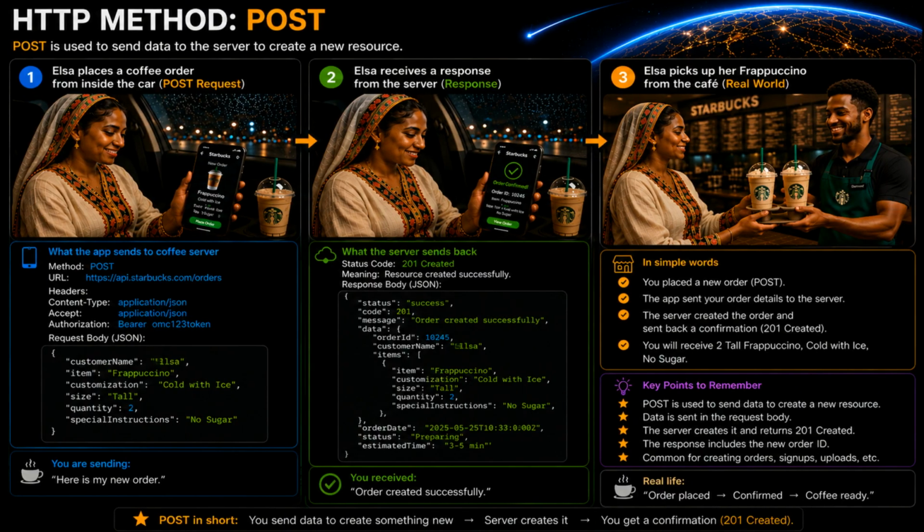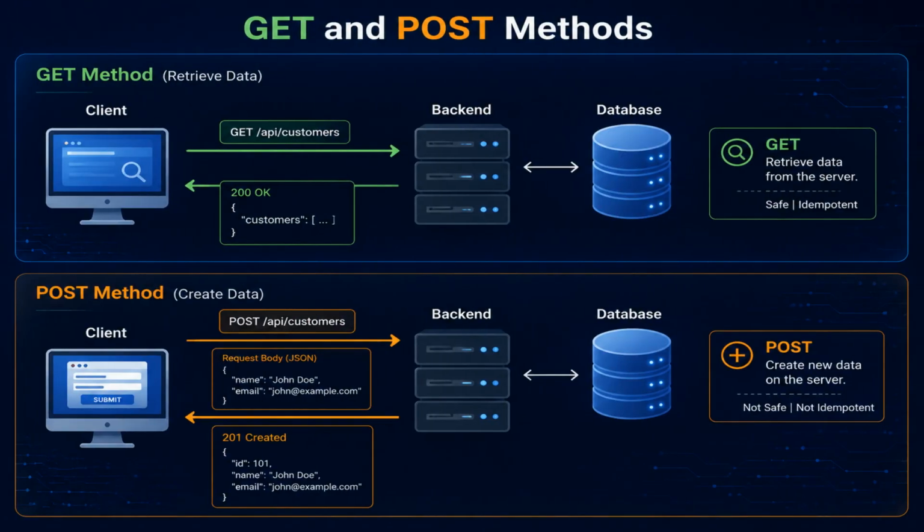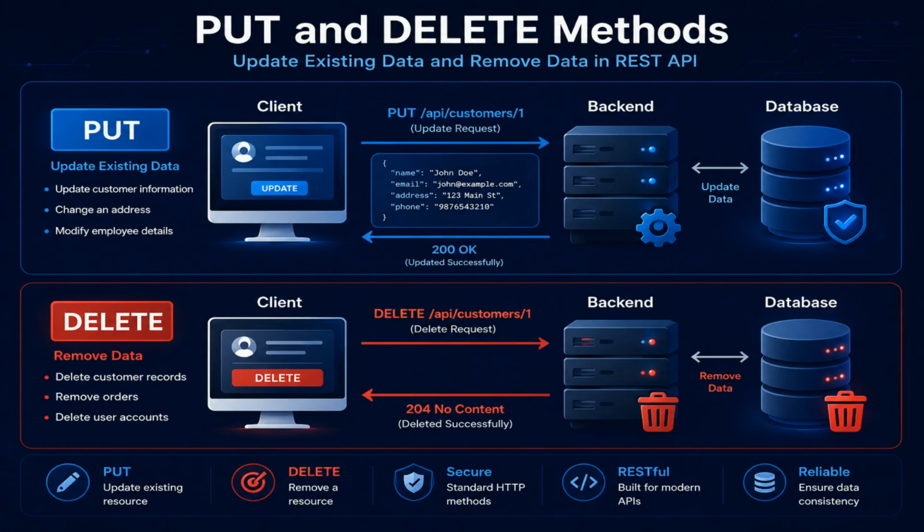When placing a more complex order, such as multiple drinks with specific customizations, the POST method remains the standard for creation. Headers like content type and authorization ensure the request is valid and secure before the server stores the order. Reviewing the basics, GET is for reading, while POST is for creating new resources. Both are foundational for any API-driven application, allowing users to interact with servers in a structured and predictable manner. Similarly, PUT is used for full resource updates, and DELETE is for permanent removal. Mastery of these four methods, along with their associated status codes, is essential for any developer working with RESTful web